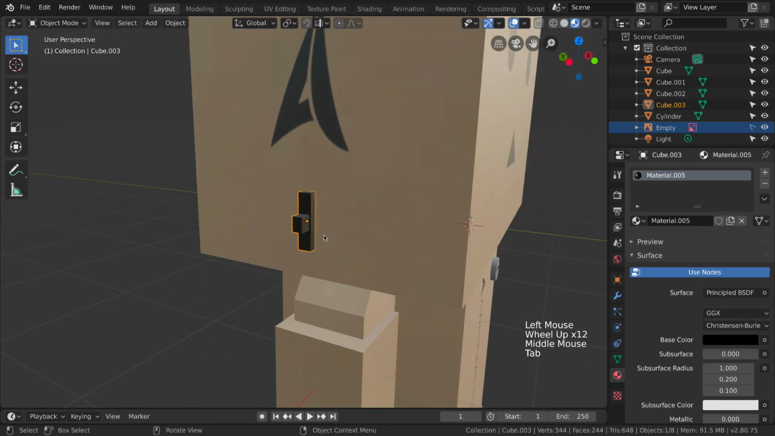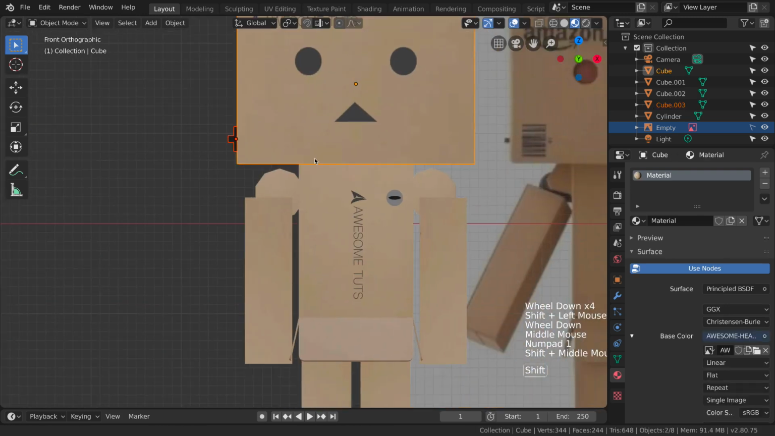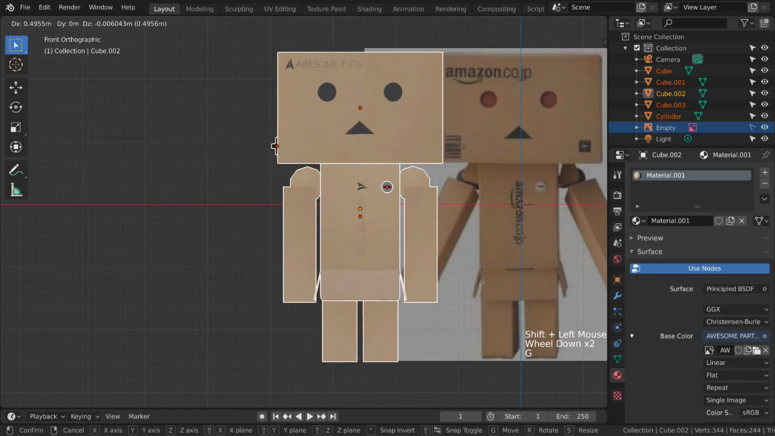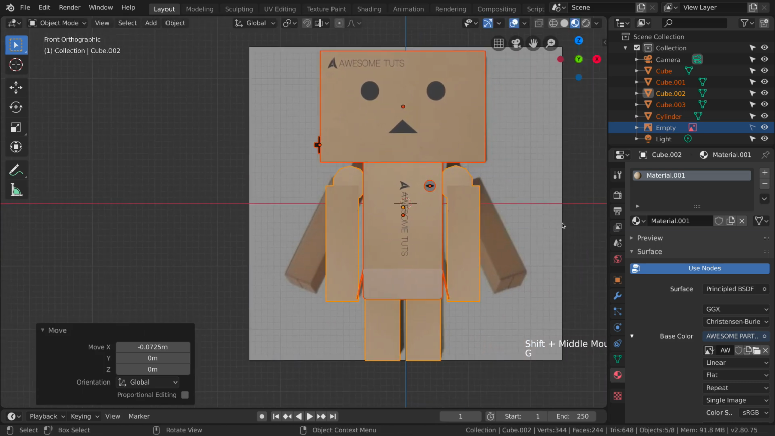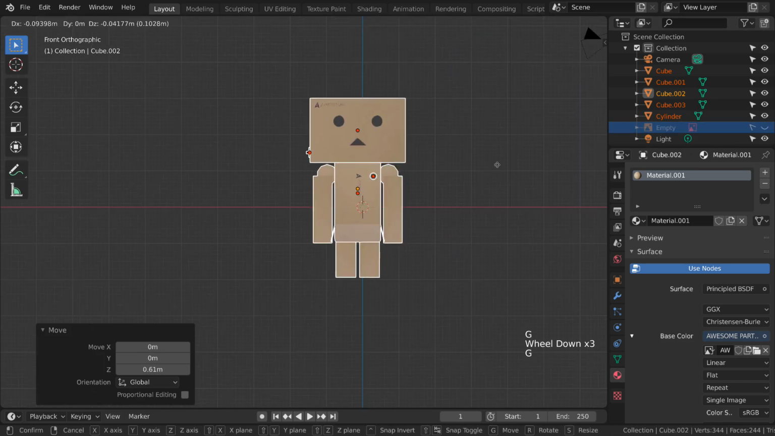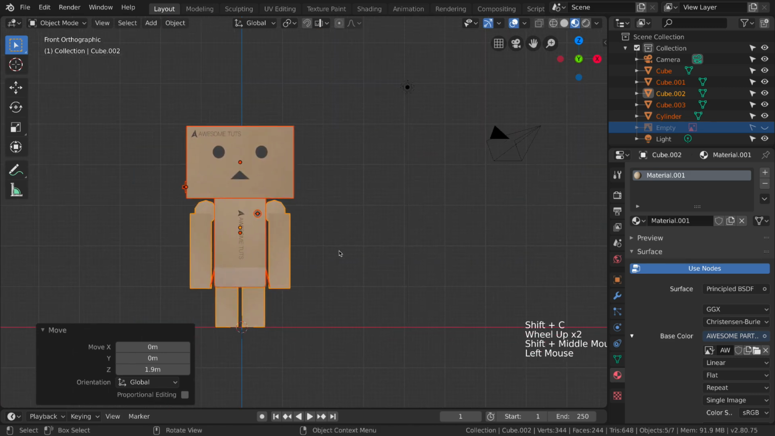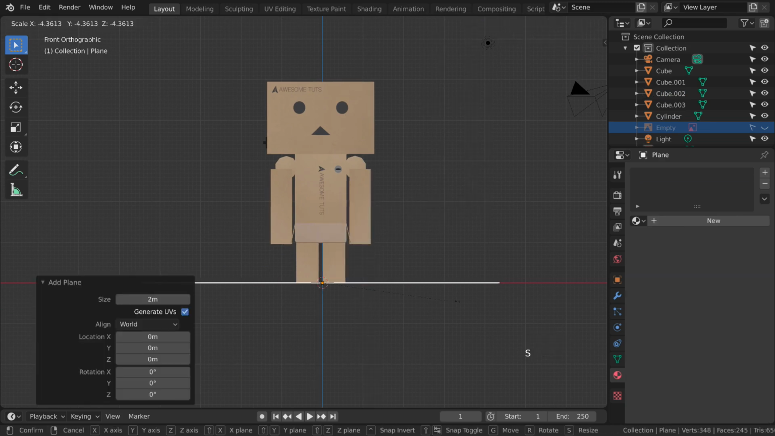So let me see what I did. Actually, let's just go back in object mode, and now we can select our character, move it in the middle, and we are done with modeling our character. So we can hide our reference image and move it here on the x-axis. Now with Shift and C, deselect our character. We are going to add a plane to our scene, scale it up,